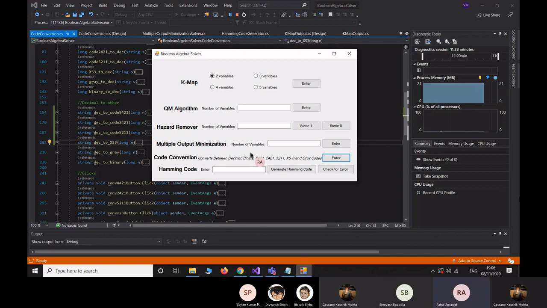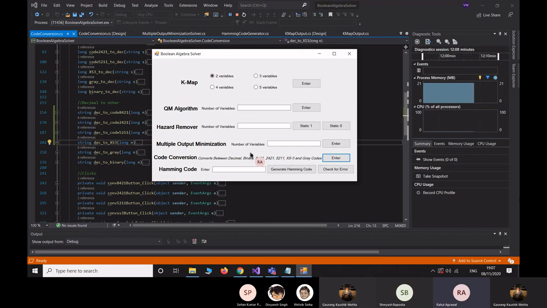Hello, I'm Rahul Agrawal. I'll be showing the simulation for code conversion. Codes are the specific group of symbols used to encode numbers or letters. In digital electronics, these codes are used to share information or store information between computers. The group of codes which represent this information in form of strings of bits 0 and 1 are called binary codes. Here we use mainly two types of binary codes, weighted and unweighted codes.